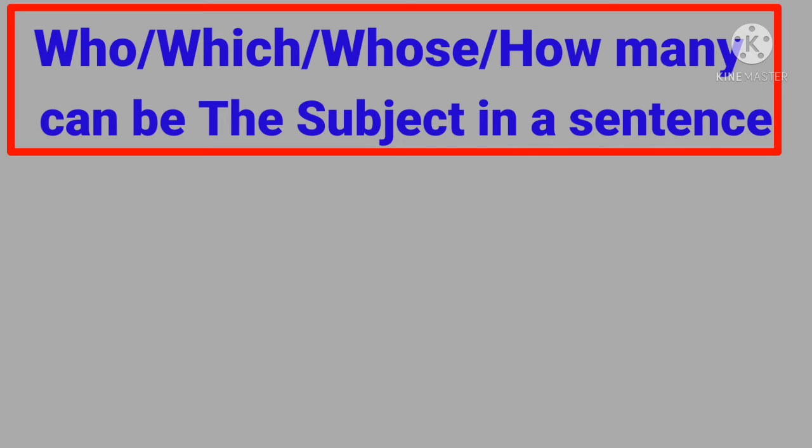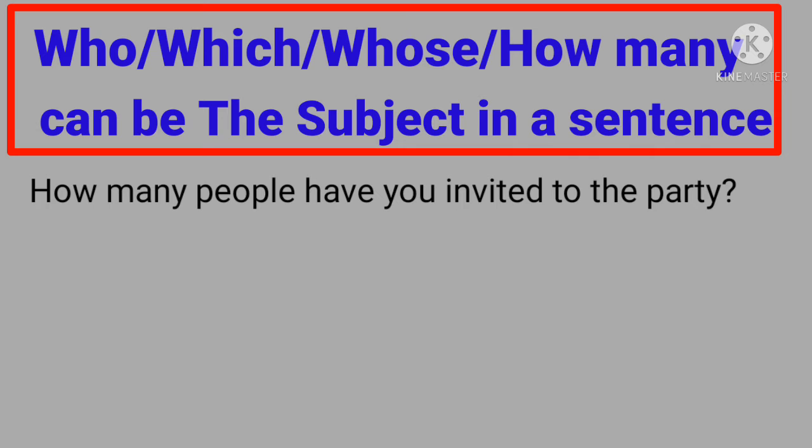We can take other examples using how many. How many people have you invited to the party? Here we have a helping verb, have, because there is a you in the sentence, and you is the subject of the sentence. Here how many people is not the subject, but let's take an example where how many people